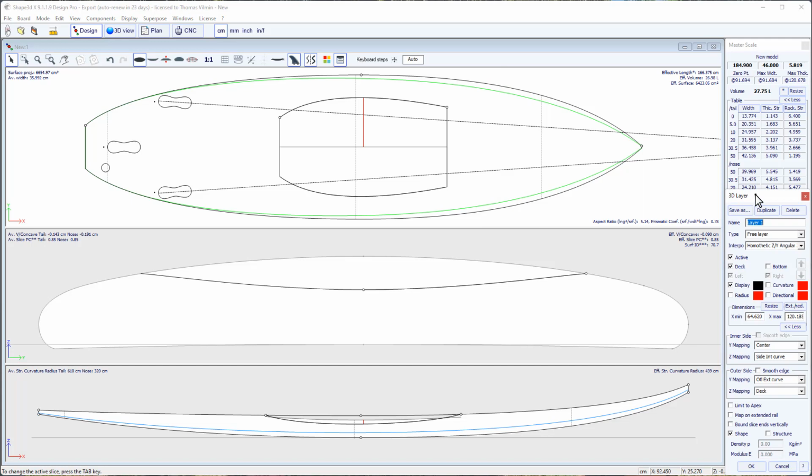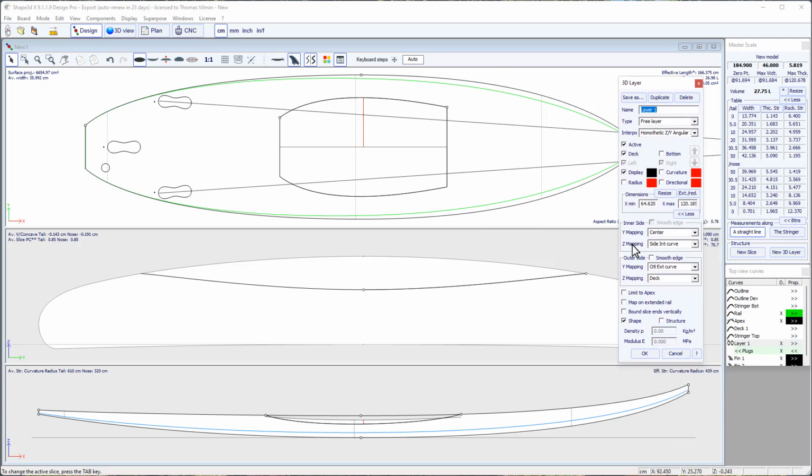But if you go further, you will see that for the Y and Z mapping possibilities of the inner and outer side, you have the curve, center, rail, but you can also let this completely free, or you can also fix it to one of the curves that build the original shape, like the rail curve, apex curve, deck one, etc. And so here, for example, if we put this 3D layer on the bottom, we can choose to map the Y of the outer side directly on the rail curve here,